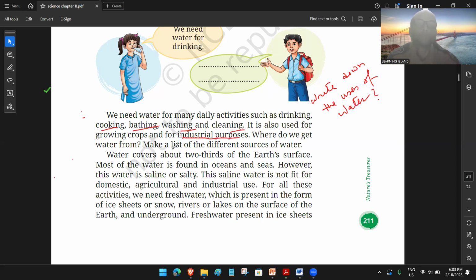Where do you get water from? Sources of water, it is in the earth surface. Sources of water क्या है, sources of water ये हो गया अर्थ सरफेस, ठीक है. देखो 2/3 ऑफ वाटर,